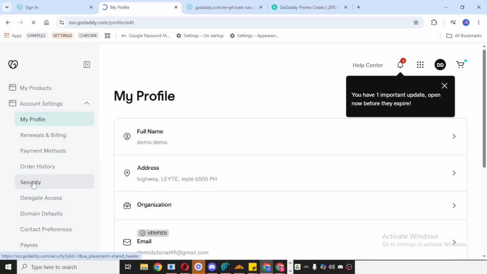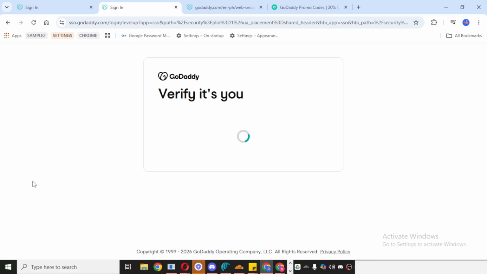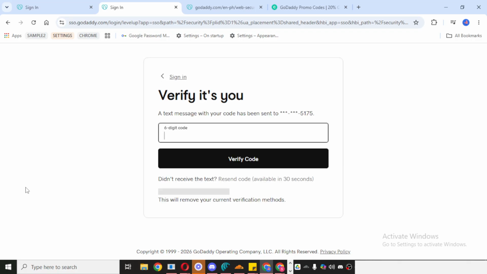If you don't immediately see everything on the page, take a moment to scroll down slowly so you don't miss the option you need. Keep scrolling until you find the setting for two-step verification. Once you locate it, you should see a toggle or switch next to it. To turn off two-step verification, simply toggle that setting off.